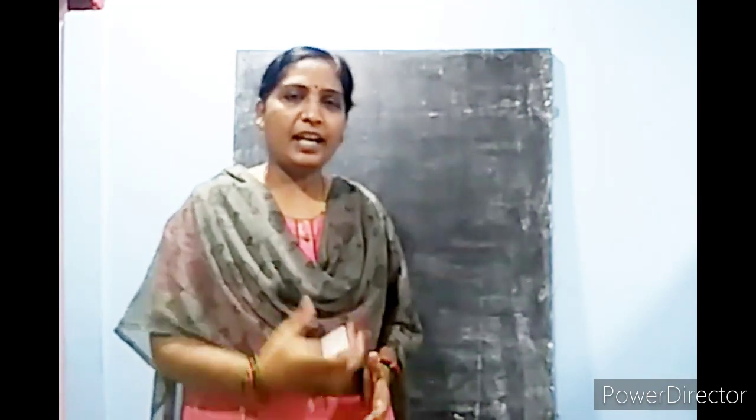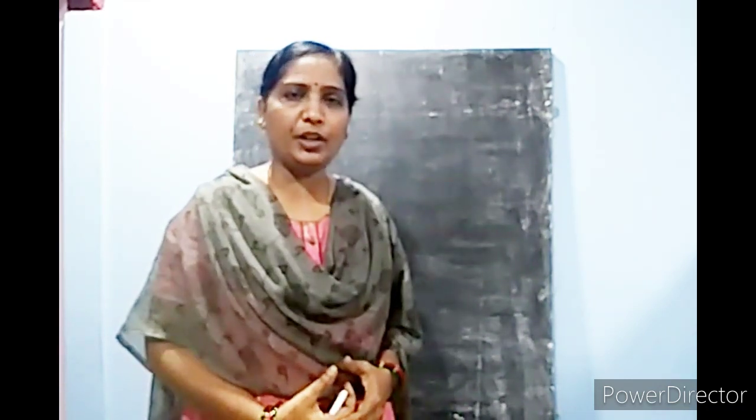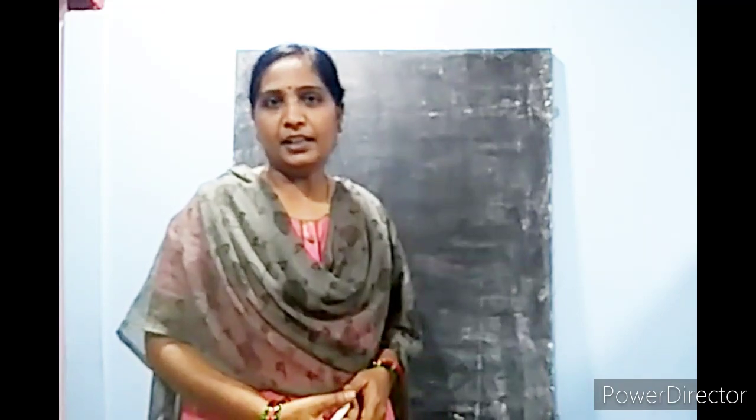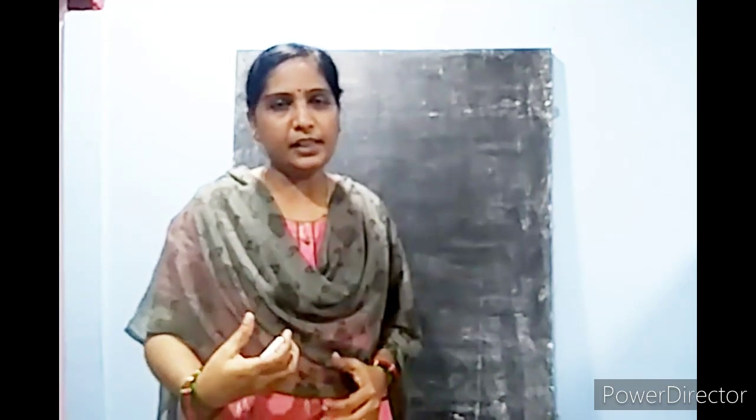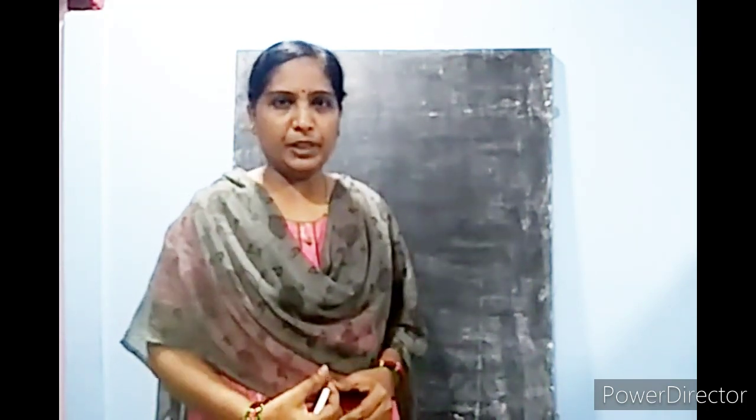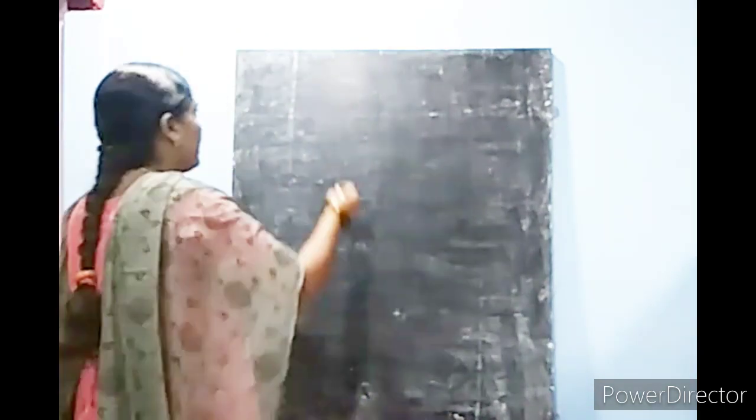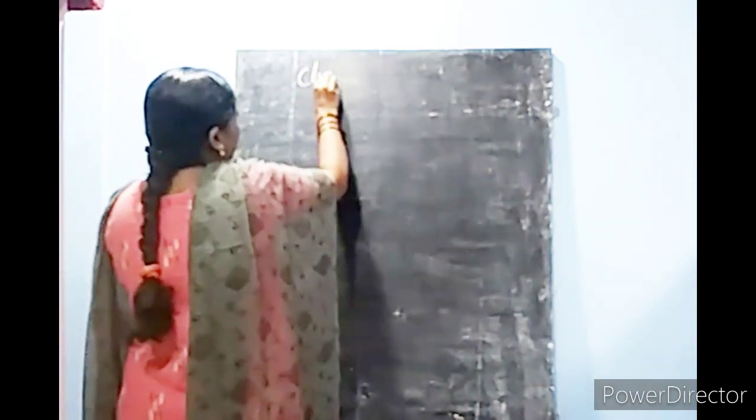In last class we discussed the physical properties of metals and non-metals, and how in the periodic table the metals, non-metals and metalloids are arranged. Physical properties alone are not enough to identify whether an element is a metal or non-metal. So today we are going to discuss their chemical properties, which help us to divide the metals and non-metals. So our today's topic is chemical properties of